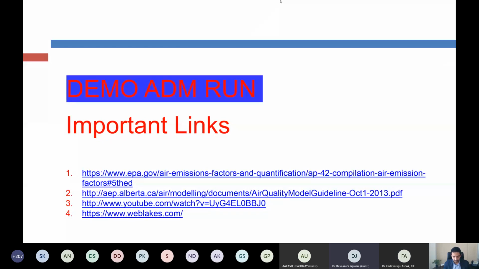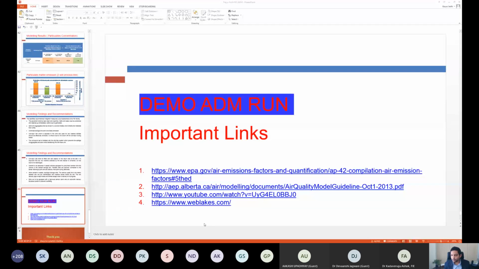Sir, I request you now to please give a short demo of the software which you had discussed. Okay, so what we will do is we will have a very quick demo. The software that I'm going to use is AERMOD View. So this AERMOD is basically an algorithm that has been